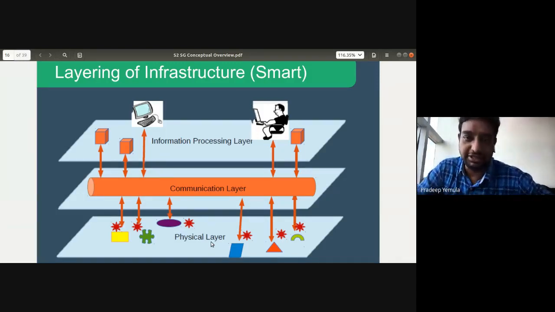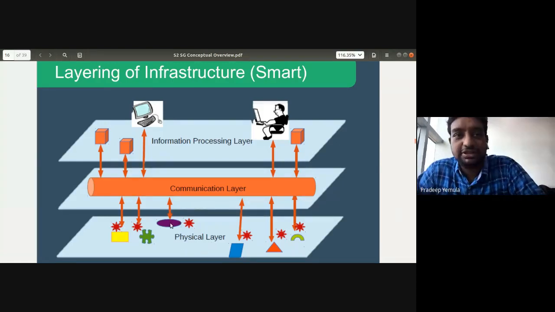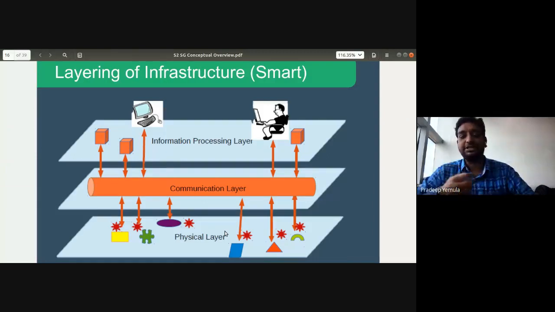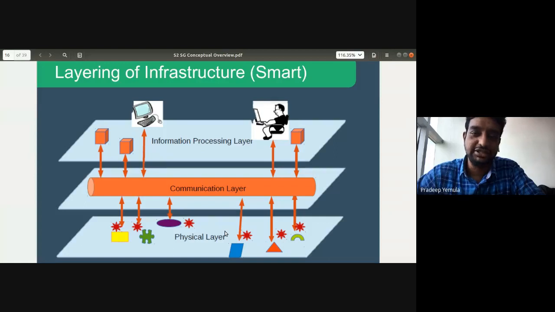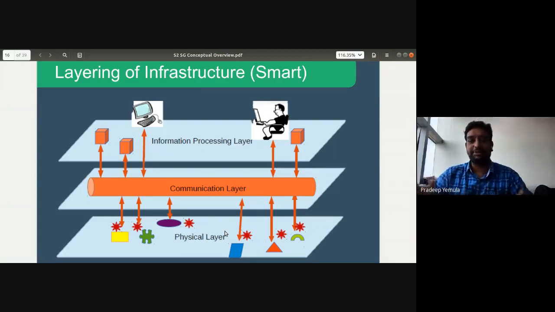Not only electrical grid, think of this like, let's say, a water supply network. Water supply network consists of water pipes, there will be valves, there will be water sensors, all these things. So that is again there in the physical layer. Now, how do you know whether the tank is filled or not? Either a human being should stand there and look at the water level, or you can have a water level sensor and automatically send the information every minute to the server. And the moment the water level reaches a certain height, then you can switch off the particular system. So this is what we call smartness.